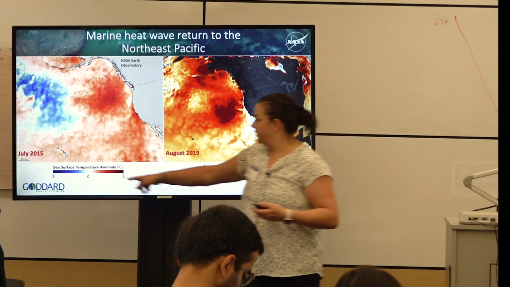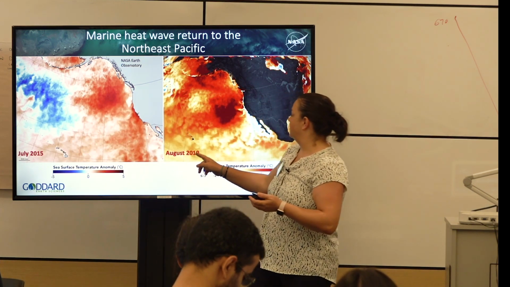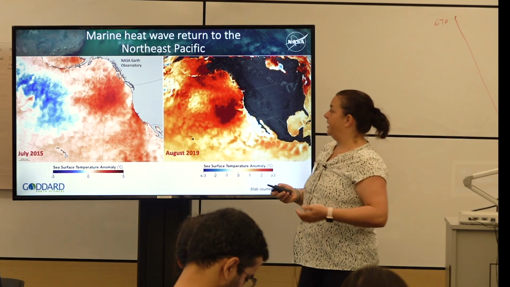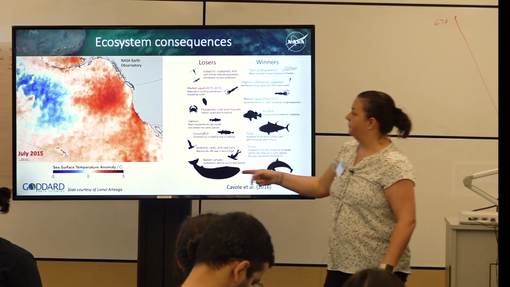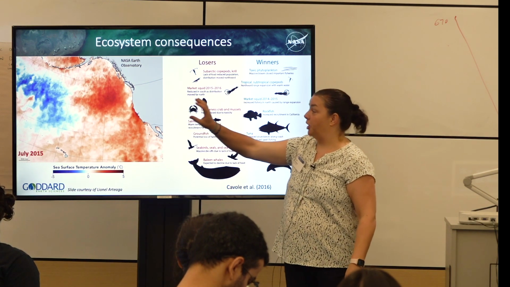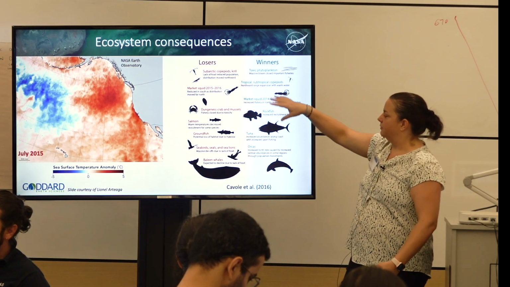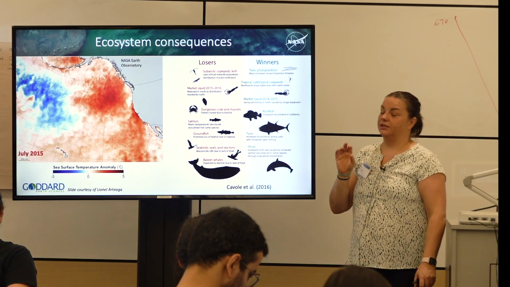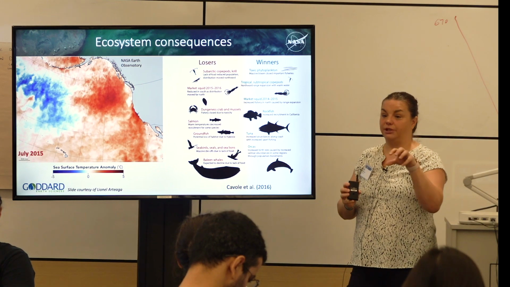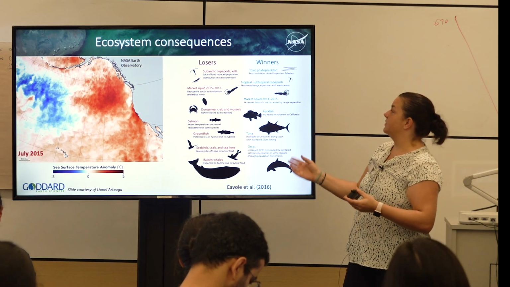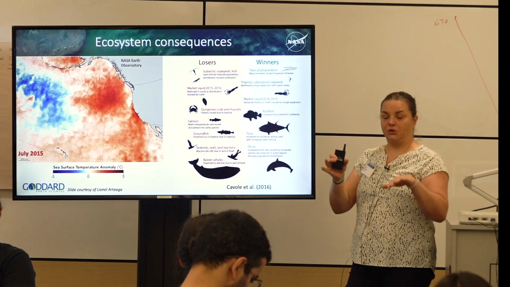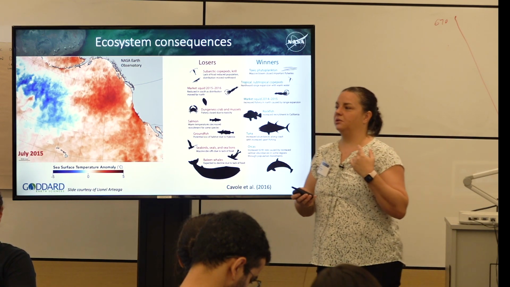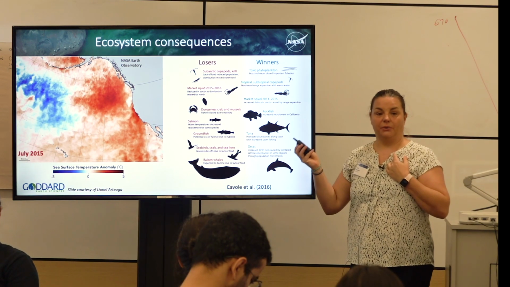And you can see both in July 2015 and August 2019, you had very high temperature here. And with that, there was actually a lot of effect of that blob on higher trophic levels. There was a decline in whales and salmon and squid, which the communities in that area really rely on. And on the other hand, you had some winners, so there was clearly a shift in the higher trophic levels. And what Lionel did was, he was like, well, can we trace this back to something going on at the